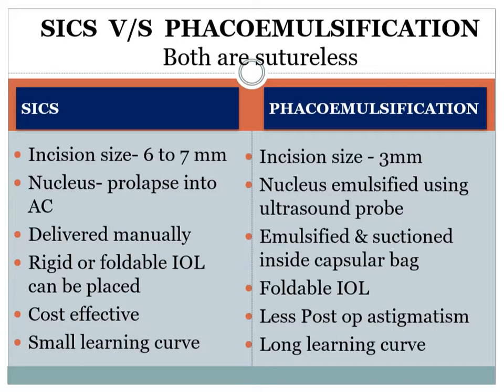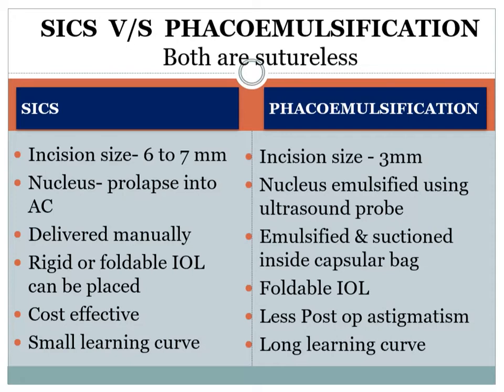This is another favorite question of the examiners. What is the function of viscoelastic substance? So the viscoelastic substance is used, one, to maintain the anterior chamber depth, two, in order to protect the corneal endothelium because it coats the corneal endothelium and it protects from being damaged by your rubbing of the nucleus or touching of any of the instruments. Okay, so that is about it.